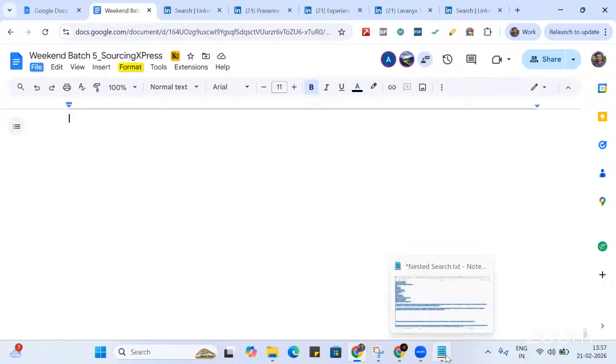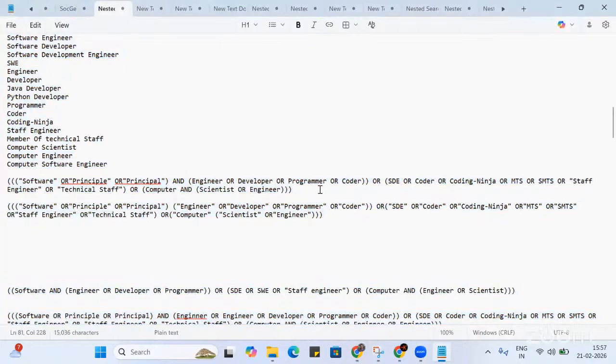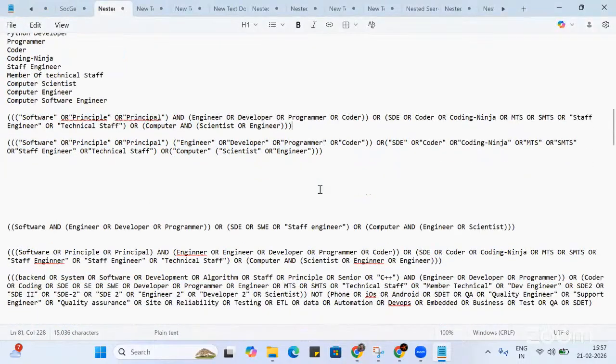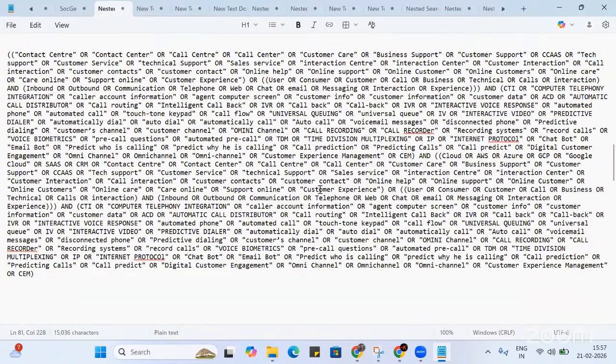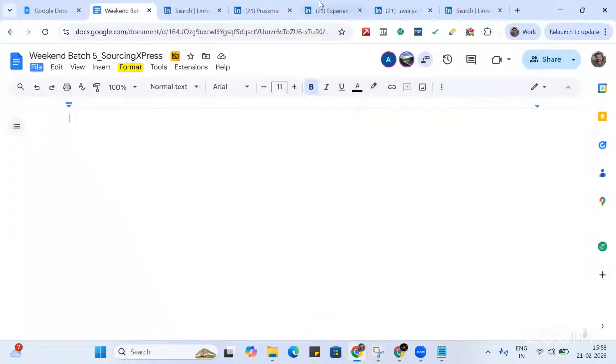And yes, as I mentioned earlier also, one of my lengthiest Boolean strings that I built while I was at Twilio is this one. So earlier I was working, I wanted to search for director of product management, who is a director of directors, senior director of product management, who would have worked on contact center projects. And if I'm giving a straightforward search on LinkedIn,